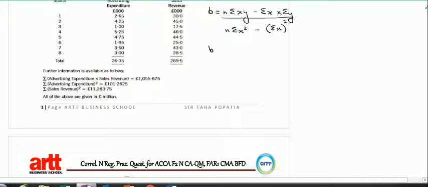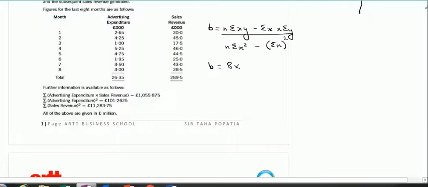Our B value will therefore be 8 times summation of xy. We discussed that our advertising expenditure is x and sales revenue is y, so it will be 8 into